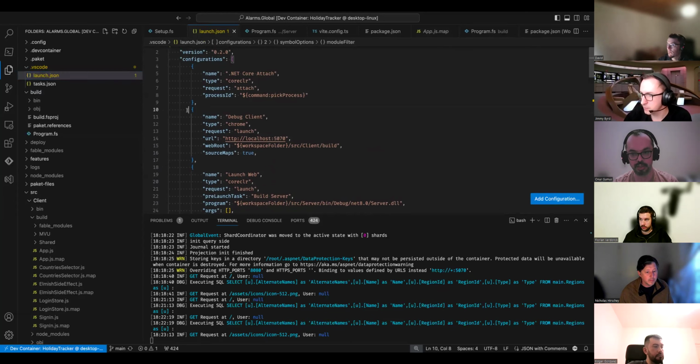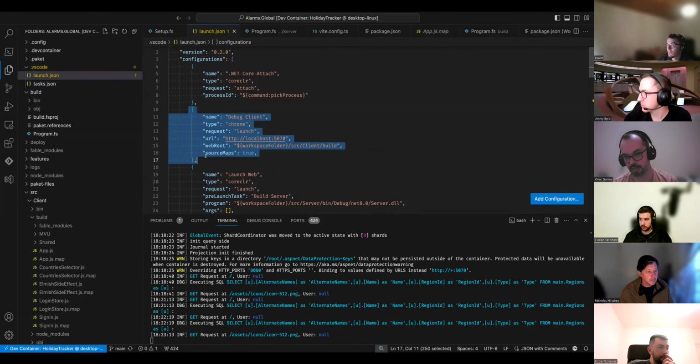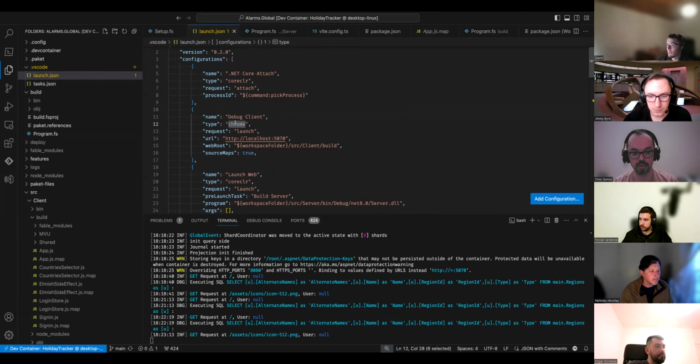There are about 6-7 lines here that you need to utilize. This is just a name, and you need to give the type as Chrome. In the old times this was called PWA Chrome, but now it's just Chrome.